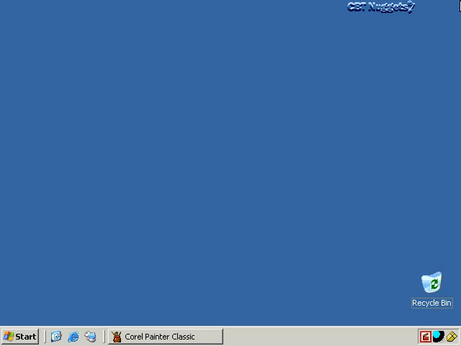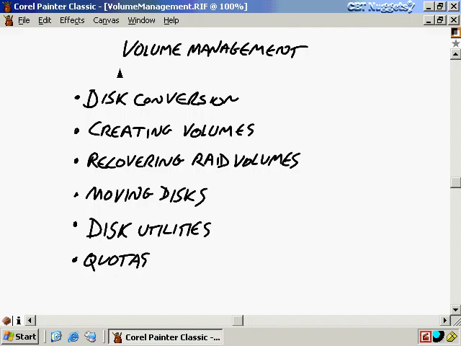Volume management. In this nugget, we'll be looking at volume management, and specifically, we'll pick up right where we left off in our last nugget, and we'll start with a disk conversion. In our last nugget, we looked at converting basic to dynamic. We'll start with looking at how to convert back from dynamic now to basic. And then we'll also look at creating the volumes, and this is particularly with dynamic disks, and there are several